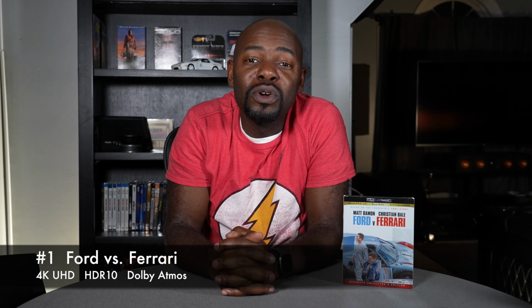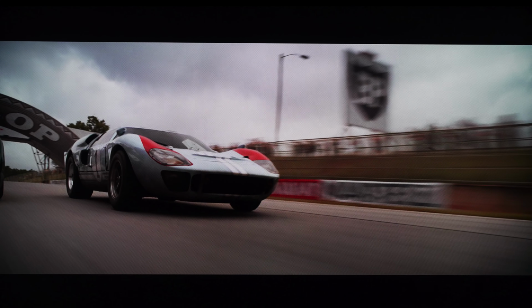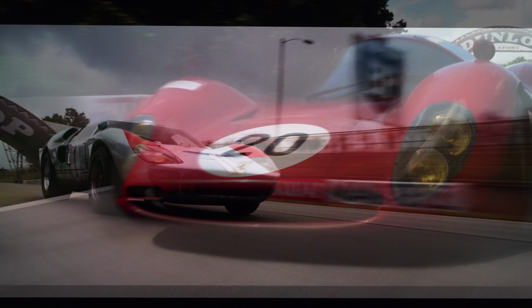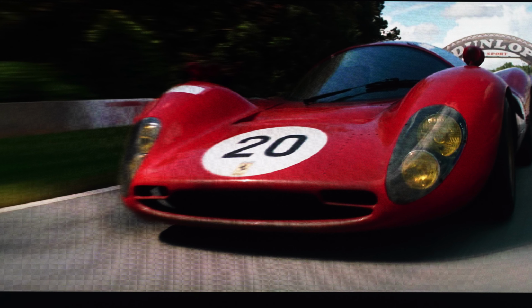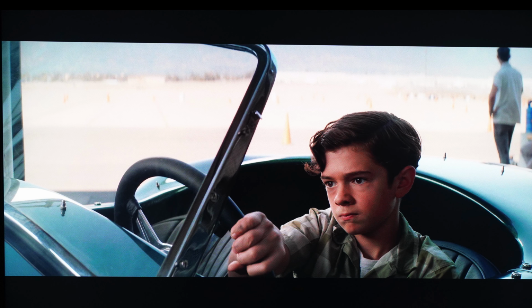Number 1, Ford versus Ferrari. I think this is also called Le Mans 66 in Europe. But this movie, I picked it as my number 1 because it's got a little bit broader appeal. The Matrix is a little bit more sci-fi bent, whereas this is a much broader appeal to more audiences. It's about the Le Mans race in 1966, and it's just a great movie, a great soundtrack. I mean, an excellent soundtrack, excellent use of surrounds in this movie,